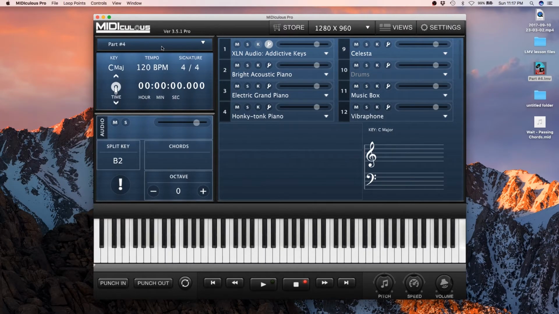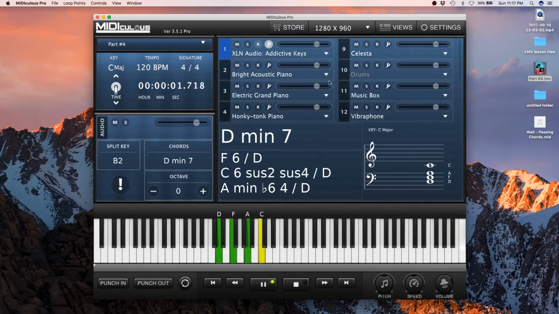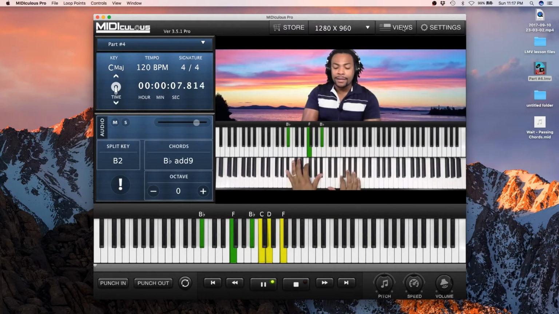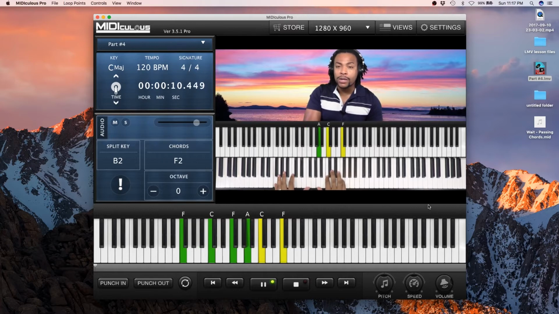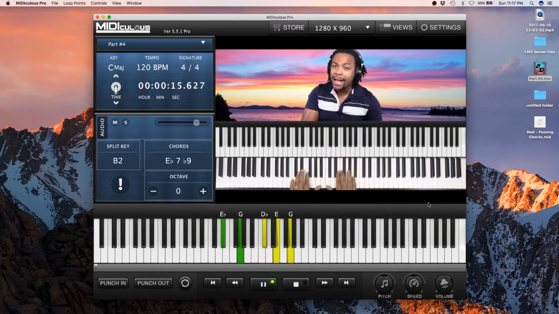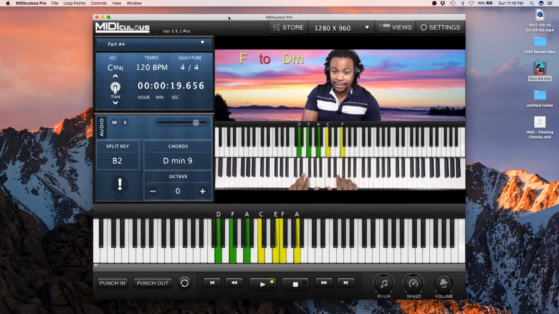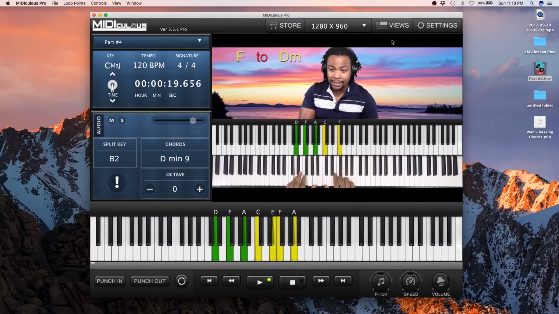All right, so here we go. Now the LMV file is loaded. Check this out. The water is wide. So now you're no longer just seeing the MIDI. You can hear my voice. Not only that, you have video. I cannot cross over. See that? So you see that with the LMV file now and MIDIculous Pro, you can have my tutorials